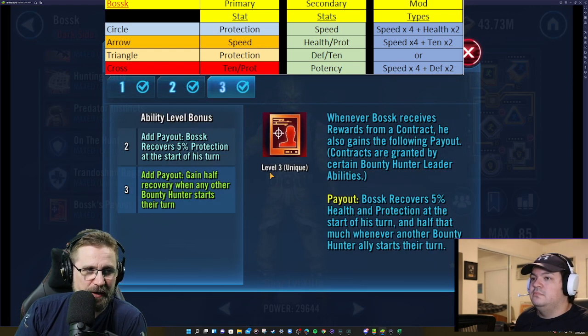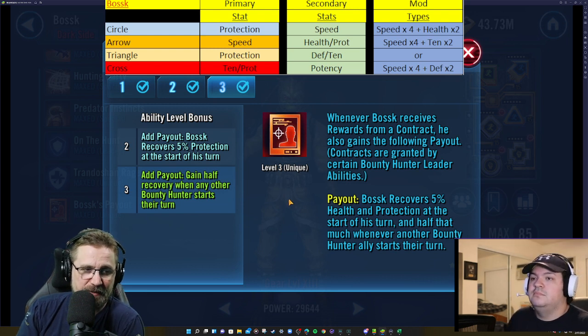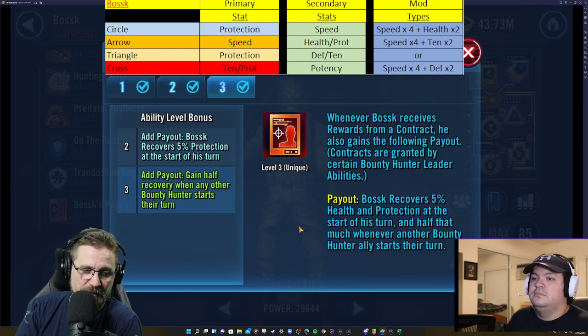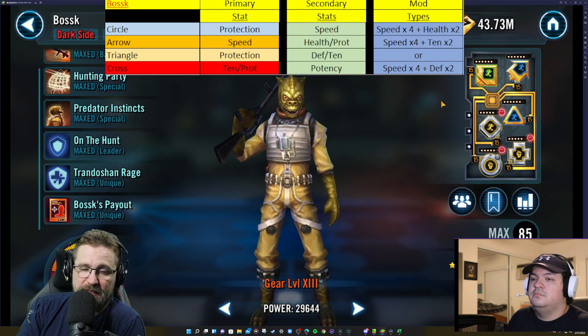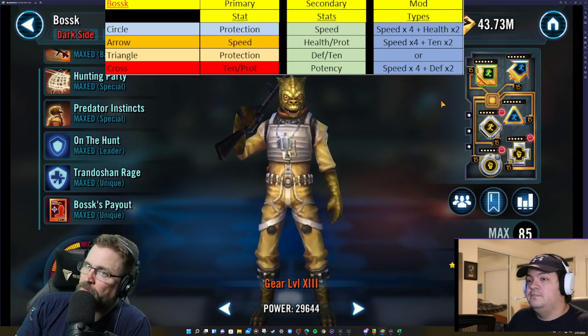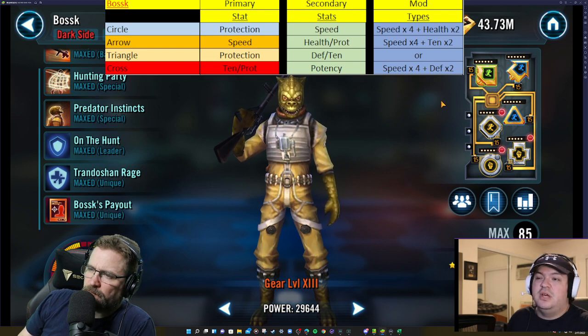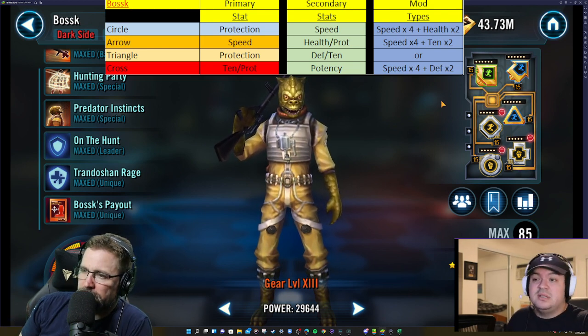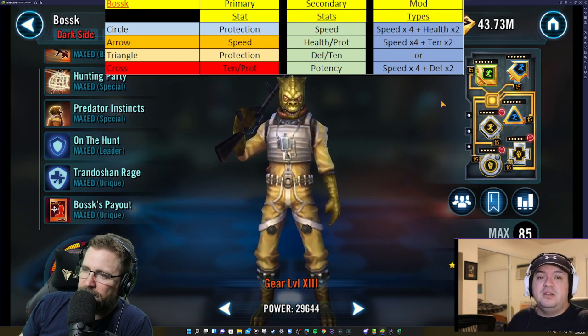And then his payout: whenever Bossk receives a reward from contract, he also gains the following payout. Bossk recovers 5% health and protection at the start of his turn, and half that much whenever another bounty hunter ally starts their turn. This guy is so freaking good. So good. And 5% may not seem like a whole lot, but when you look at Frenzy and he's taking all these extra turns and everyone else is taking all these extra turns and they're healing 2.5% on their turns,